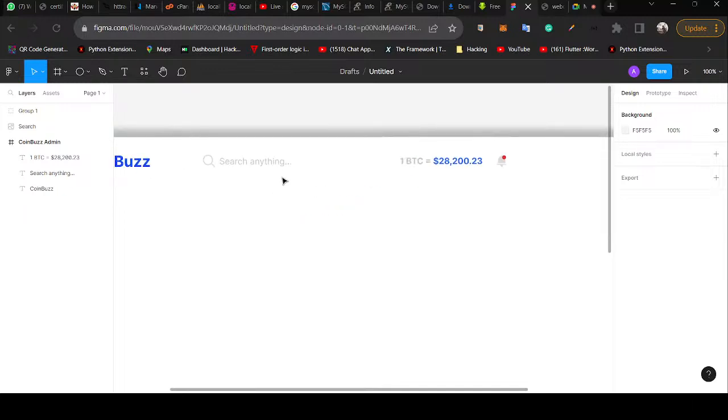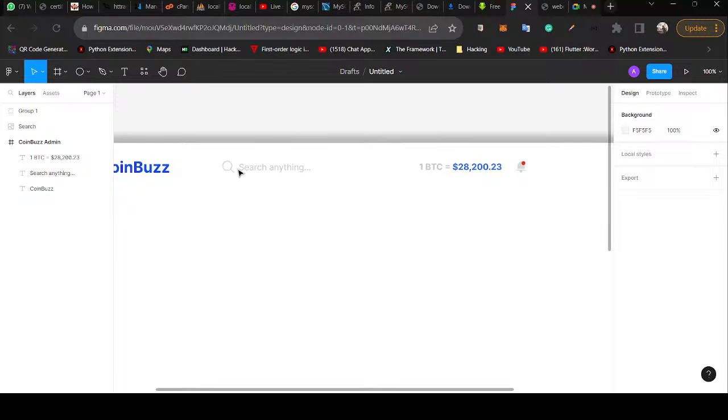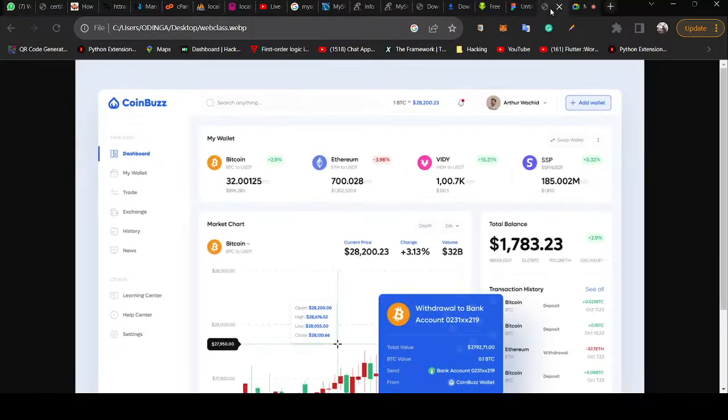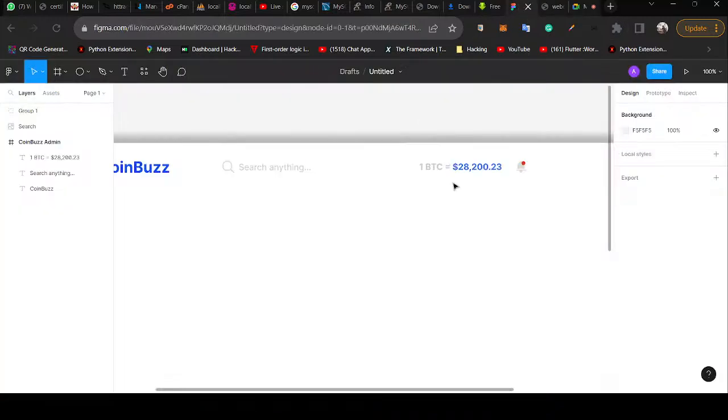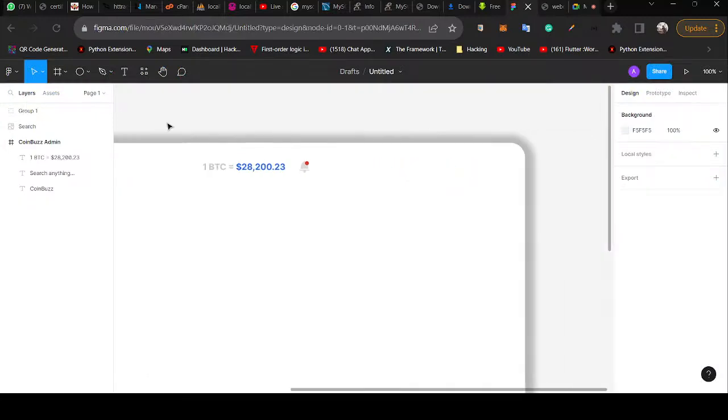And the coin boost and this search anything, let's see the gap between them as well. The gap is okay, right? So I'm going to write at or watch it, and I'm going to add this wallet. So let's see how I can do that. Right, I'll click on this guy and I'll do